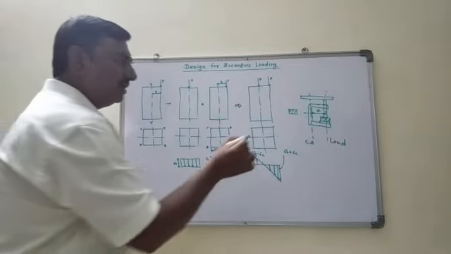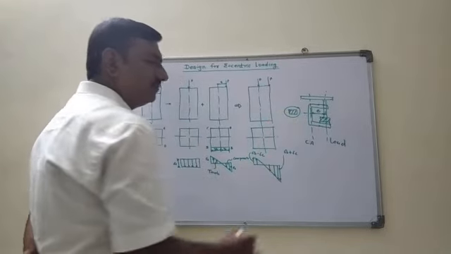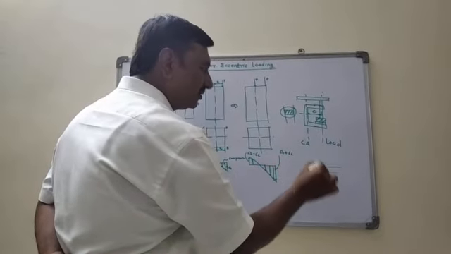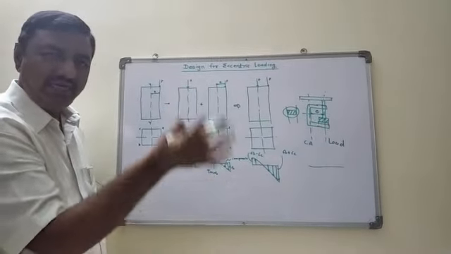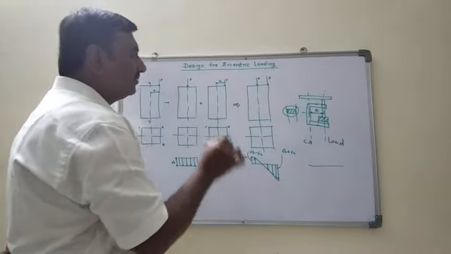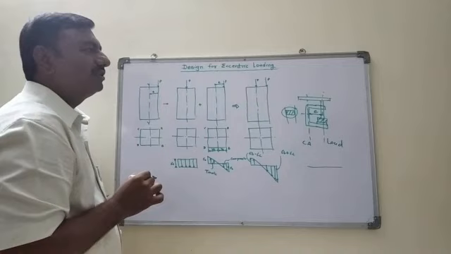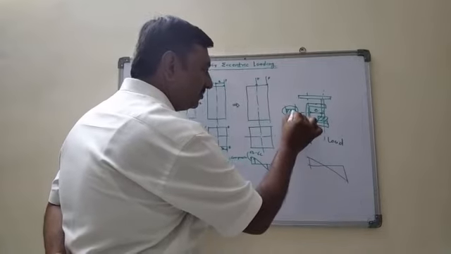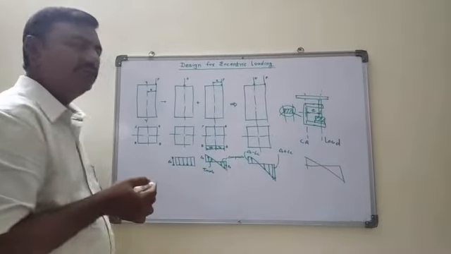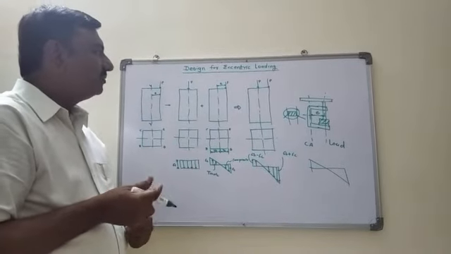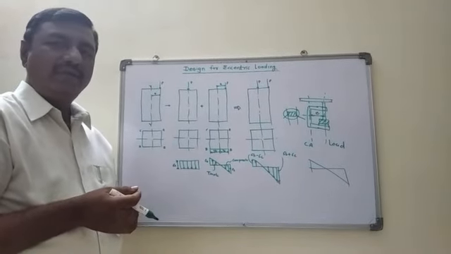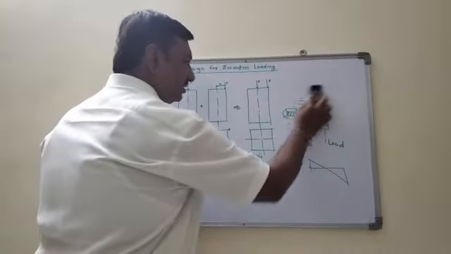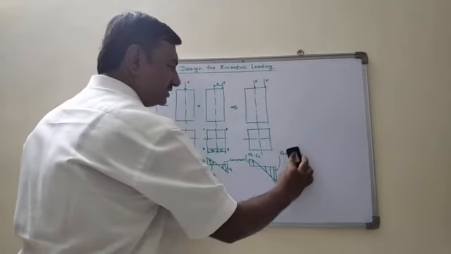Whenever we have to calculate the dimensions of this cross section, or calculate the stress distribution across this cross section from the inner side and the outer side, at that time there is a need to go for the design for the eccentric loading. At the end we will get the stress distribution from the two extreme sides of this cross section, and that is obtained with the help of the design of the eccentric loading. So we'll take one example, and we'll get the final equations.